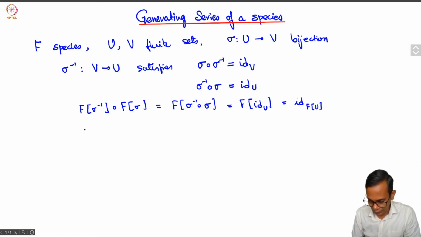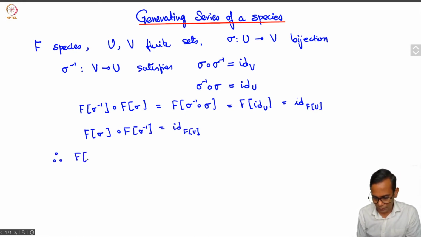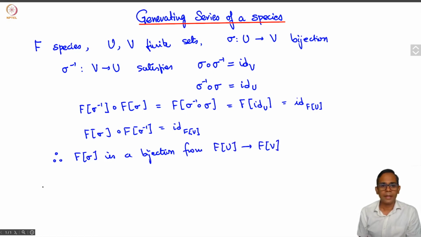And similarly, you can show that F of sigma circle F of sigma inverse is the identity map of F of V. And so what that means is F of sigma has an inverse, and so it's a bijection from F of U to F of V. And so the upshot of all this is that